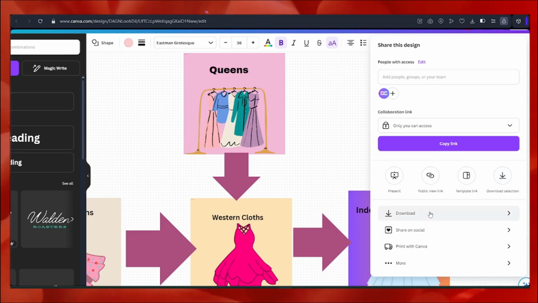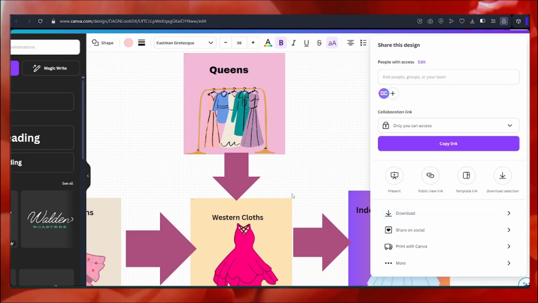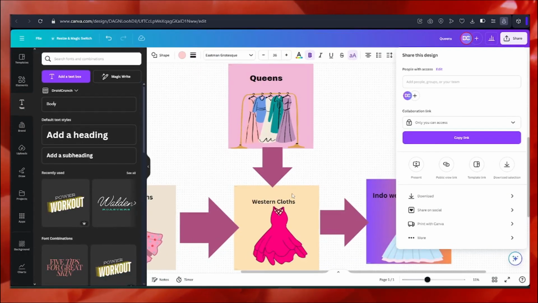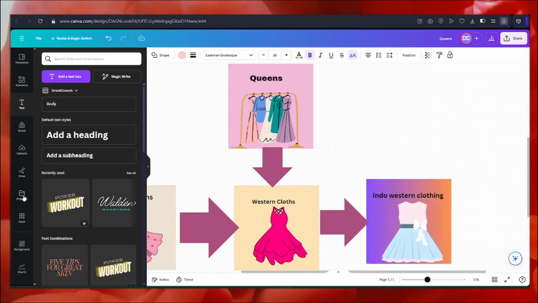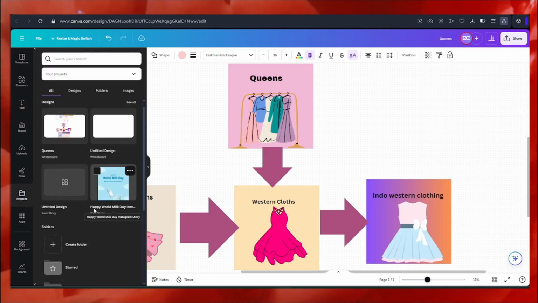Additionally, you can also embed your content. To embed any pre-existing content, let's say I am designing, from here I go to the left section and click on projects, and it will display any of my projects.